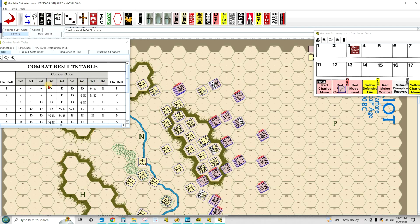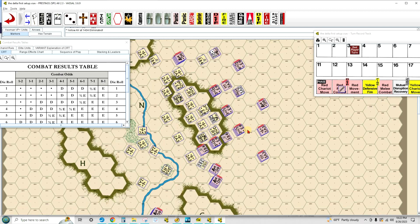I wish they would give one of those up for a 3-to-2 odds. That would be kind of nice. I might do that as a house rule. Change this 2-to-1 to a 3-to-2, and then make it 2-to-1, 3-to-1, so on. But